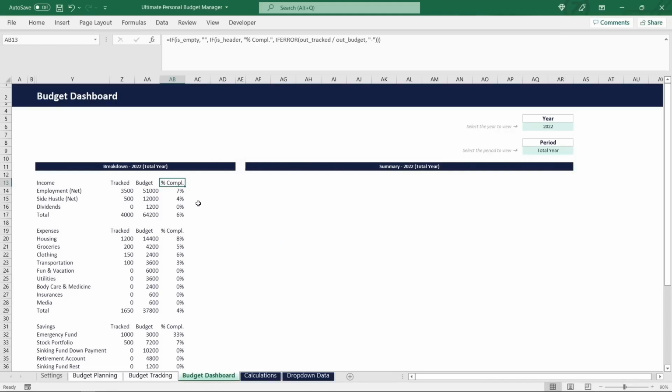Perfect. The next column will calculate the remaining amount of the budget that has not been tracked so far. And again, we start by setting empty rows to an empty string in this first if statement, and then the header rows to a custom header called remaining in the second if statement. And for category and total items, we then do the actual calculation, in which we first check if the budget is still greater than the tracked value,